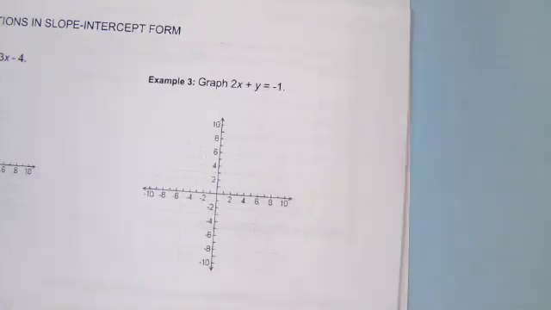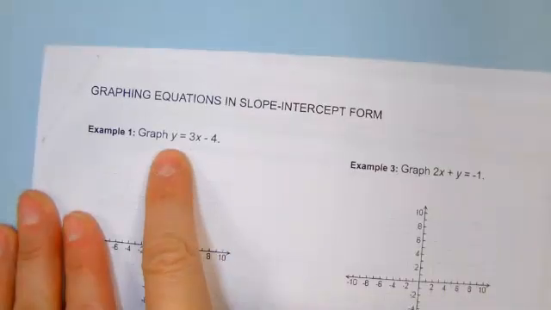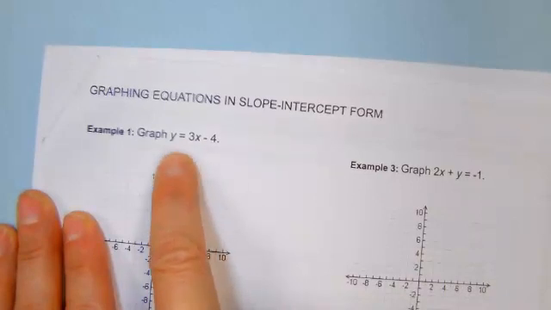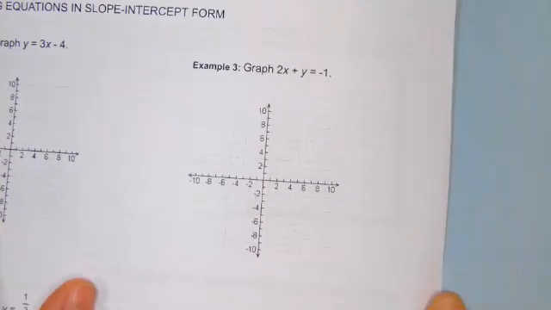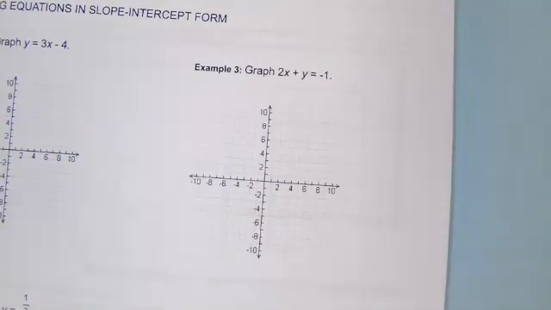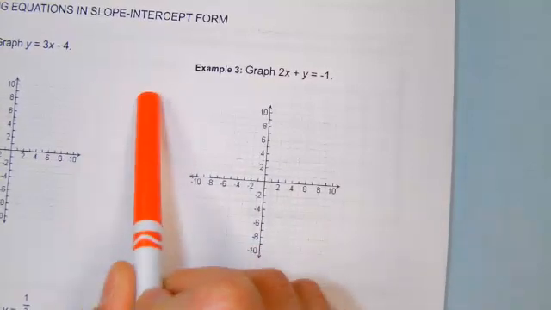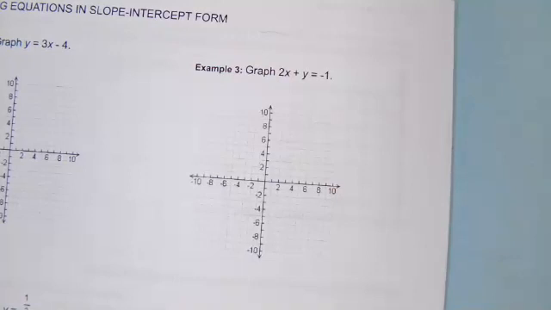So here's what we're going to do. The first thing you've got to look at when you see these, right? Yesterday it was already in y equals format, and so y was alone. But before in our lessons, if y wasn't alone, you have to get it alone first. So I'm going to do this over to the side where I've got space. I'll do the work over here, and then I'll list my slope and y-intercept,